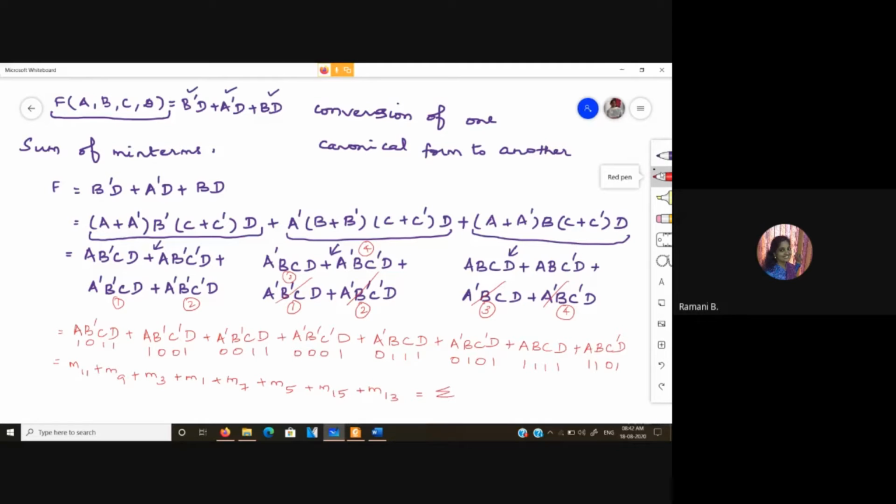So arranging, I have this as 1, 3, 5, 7, 9, 11, 13 and 15. So this is my sum of minterms expression.